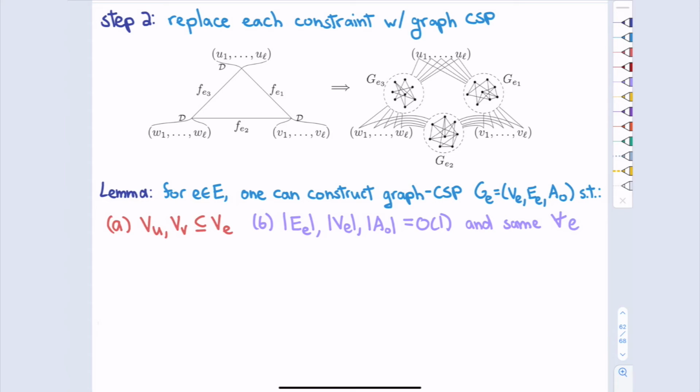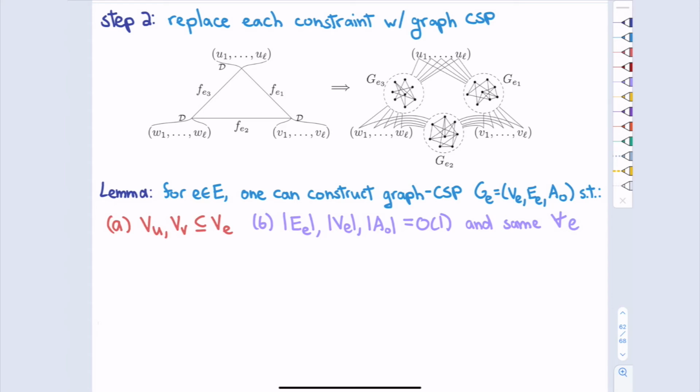That became sort of a complicated constraint over L variables each, because that's using the code. Okay, and now what I'm going to do is define a graph CSP where I'm going to keep those 2L variables from before. It's going to add some more variables in the middle and then some edges. So it's roughly going to try to encode FE as a graph. But it's going to do something a little stronger.